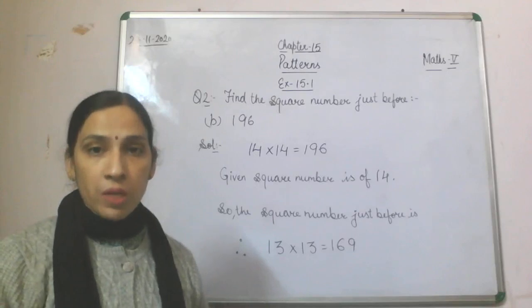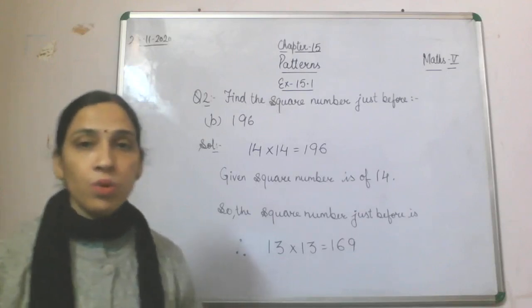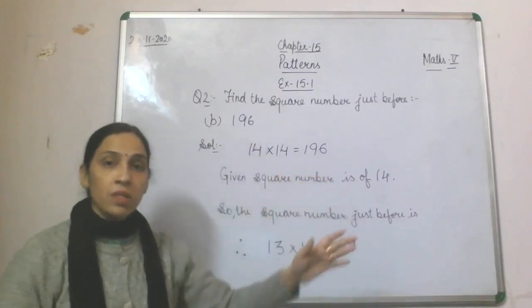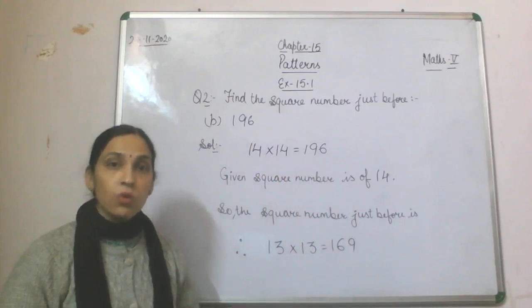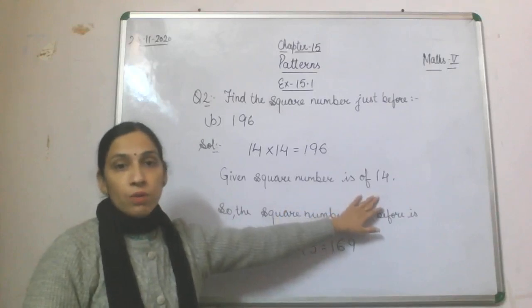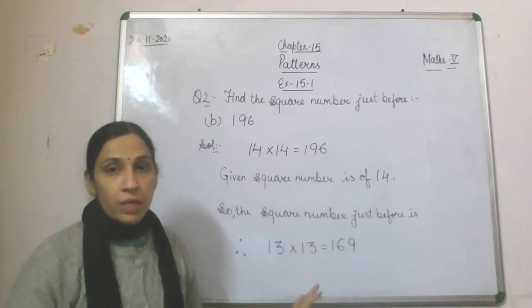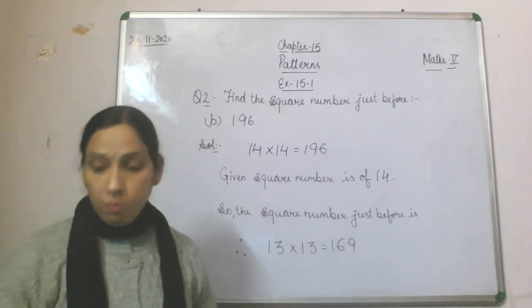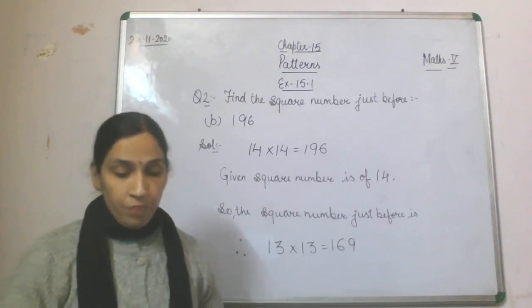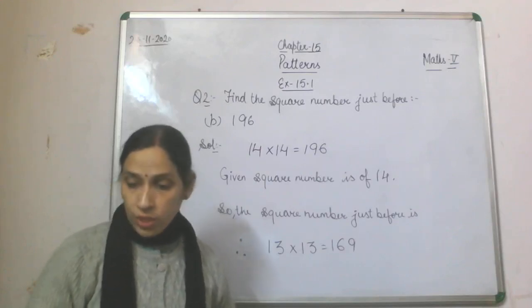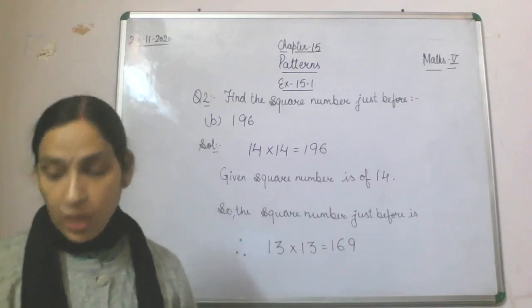Now question number 3. Here you don't need to do anything. First, for which number the square is given, then if you have to find the next, you add 1 to that 14. If you have to find the next, we'll do 15. If you have to find the one before that, that is 13. Now find a square number between 75 and 90. Between 75 and 90 we have only one square number, that is 81. So for question 3 you simply write the answer, that is equal to 81.